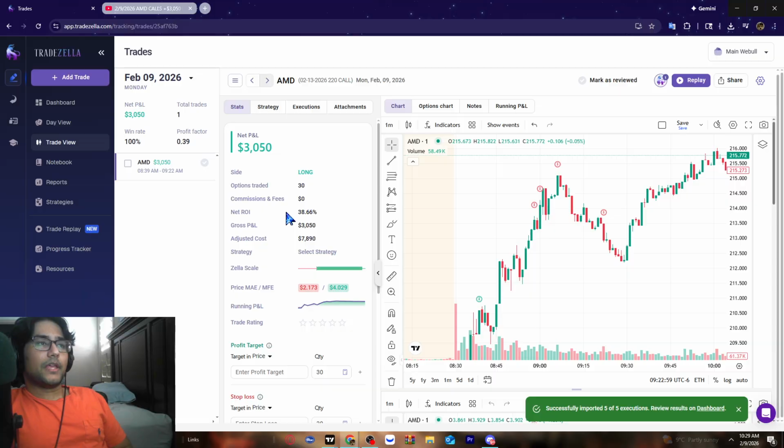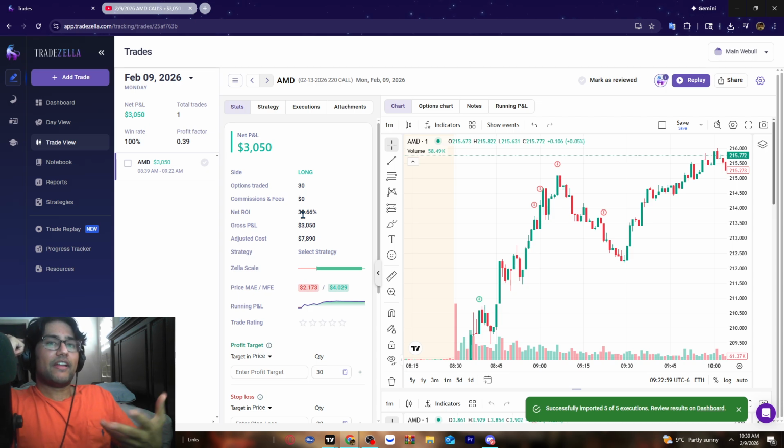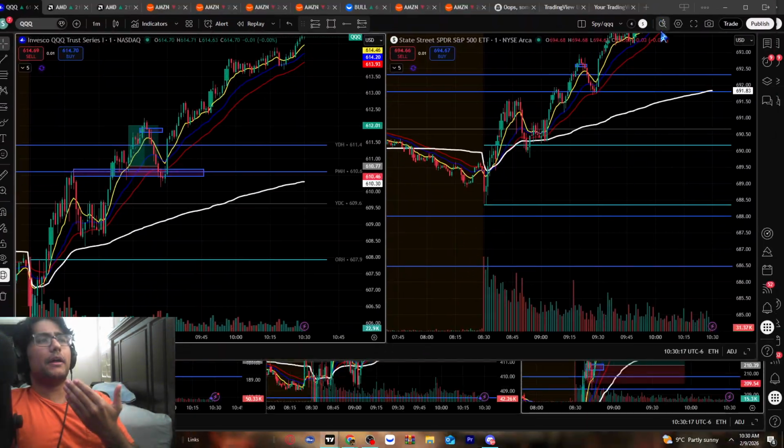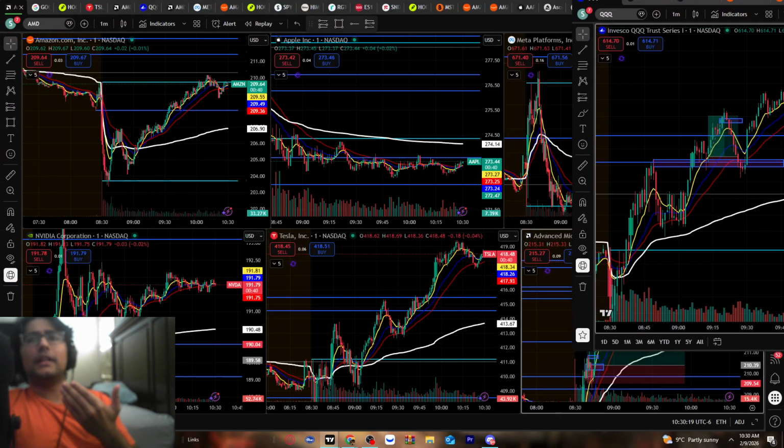So yeah, size was kind of small in this trade, right? I kind of wish I bought more contracts, but in the back of my mind I was debating between 50 contracts or 30 contracts. I just missed the Nvidia trade, so I don't want to be a revenge trader and go heavy size on a name. Also, it's a Monday, no news Monday, on QQQ and SPY, so I was expecting chop, and we did have chop on QQQ and SPY, but it was kind of more so